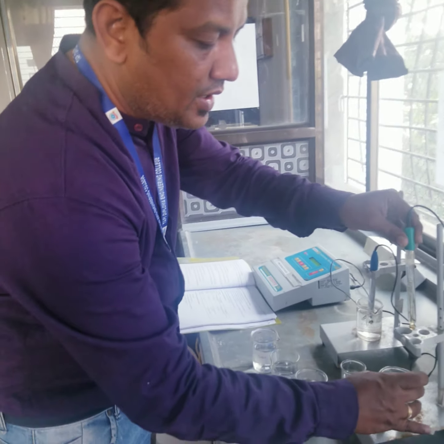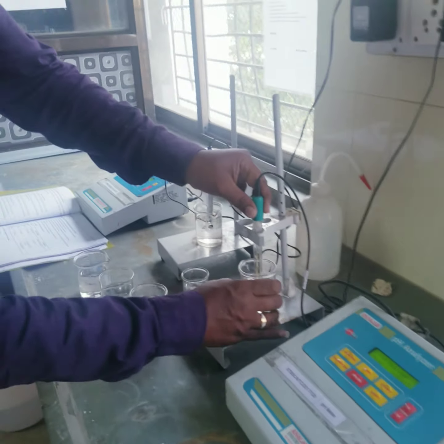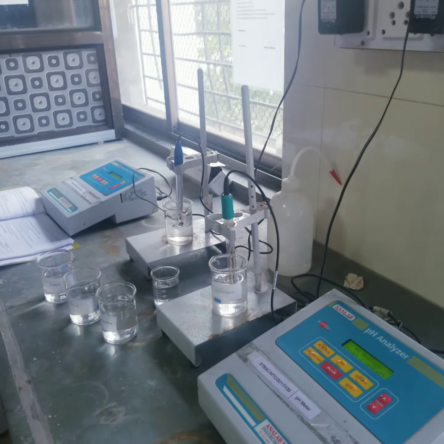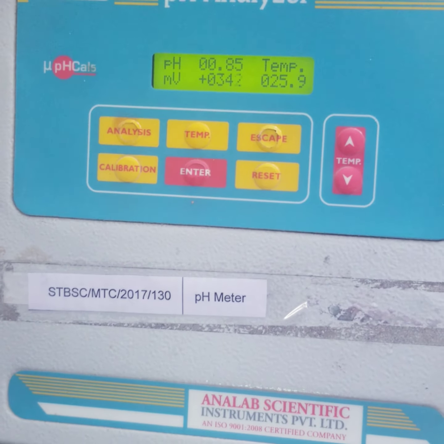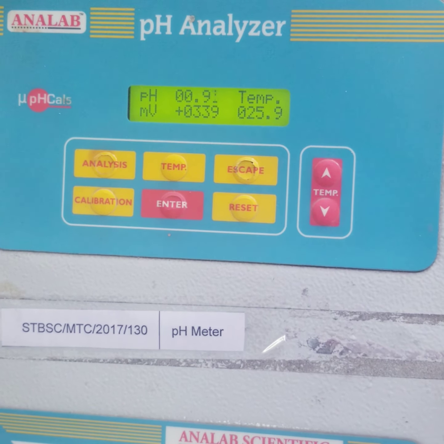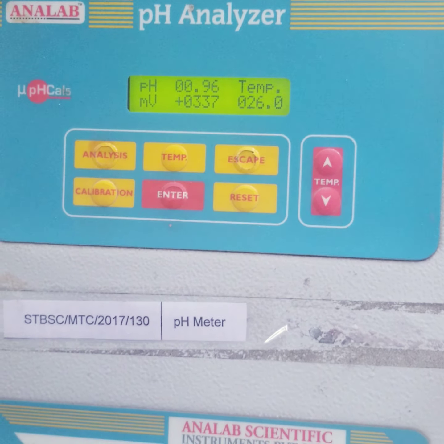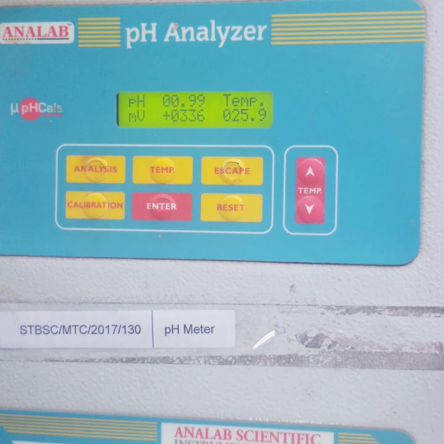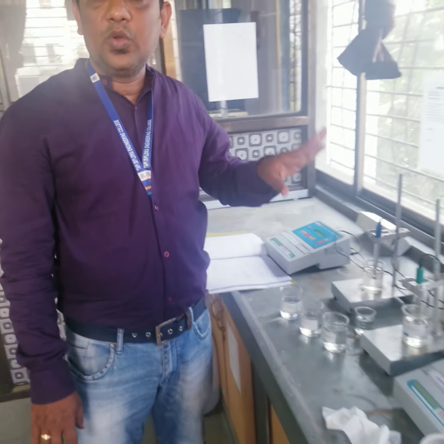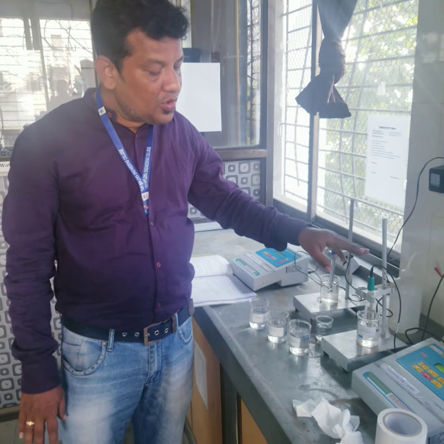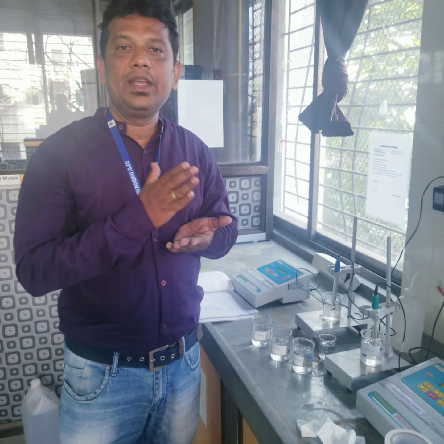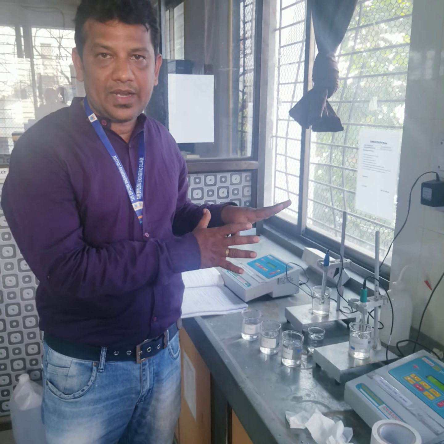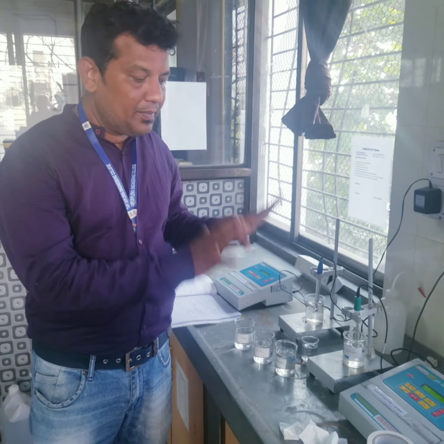So here is our unknown sample. Dip this electrode in this solution and analyze with the pH meter, and you can see the pH is below 7. It means this solution is acidic. By using this pH meter you can say whether the solution is acid, base, or neutral. This is our first method, using the pH meter.